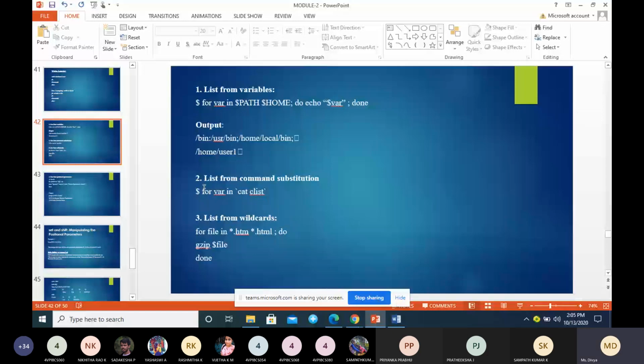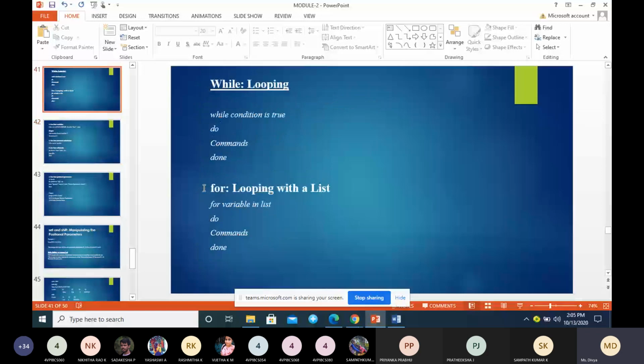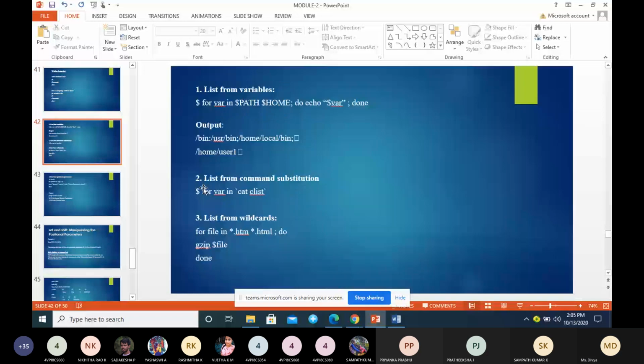Now, what are the possible sources of a list? The next thing you are going to study is the possible sources of a list. In the list, we can have any expression that the shell understands. Here there are around 5 points.